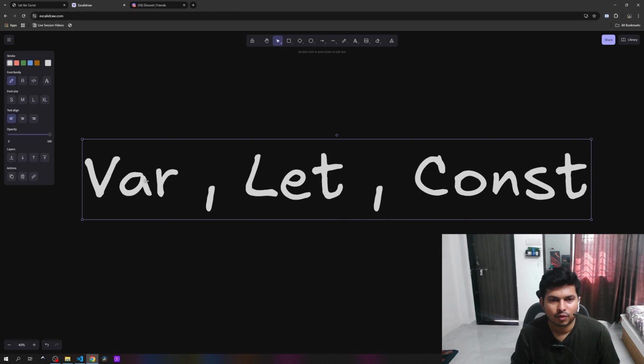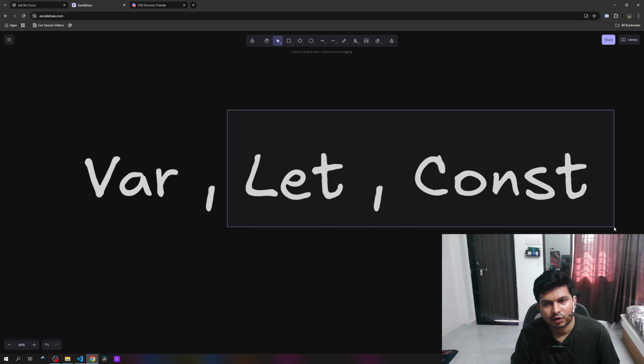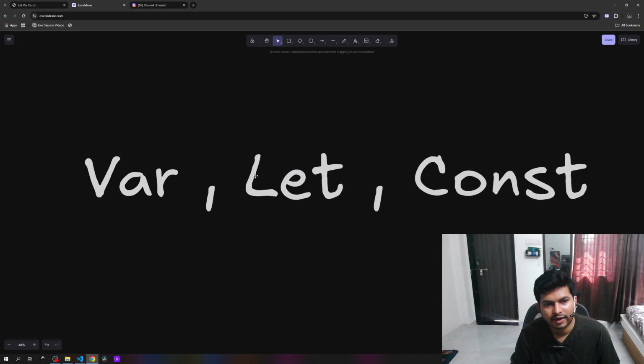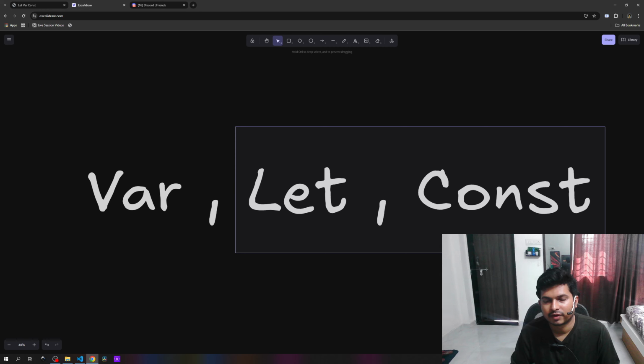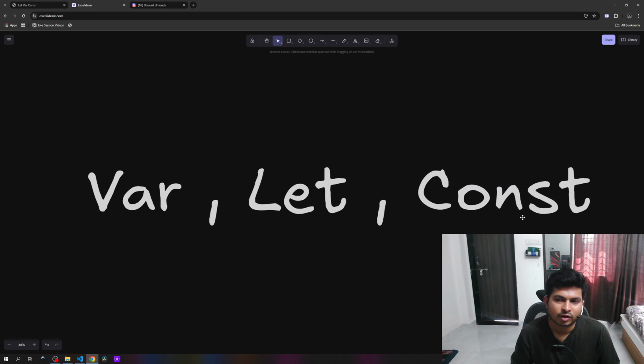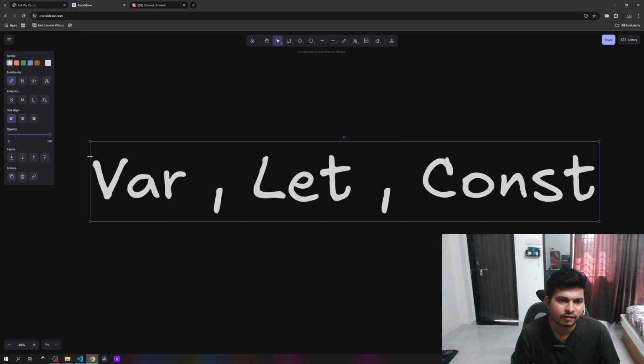Var, let and const. So what are the differences between var, let and const? Most of the time we are using let and const in future coding. Var is kind of deprecated, or not deprecated, but we are using let and const for declaring any variable. Talking about its differences,